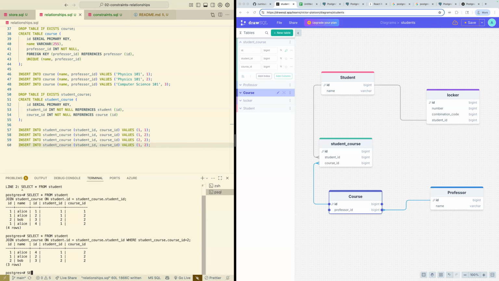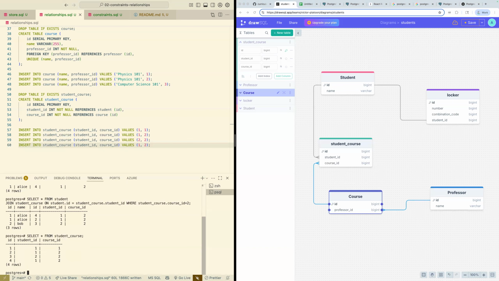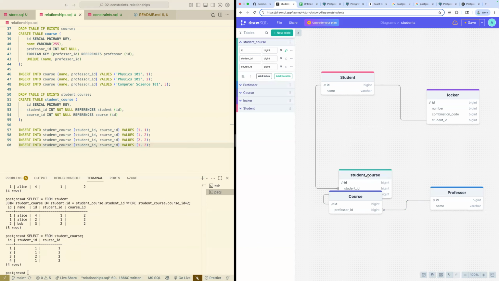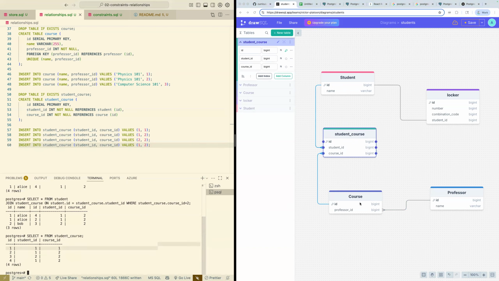Because if I do select star from student underscore course, all that table has is the IDs. This table's only job is to be a linker. And if I say want to get names, I can actually do multiple joins. Let's say I want to do select student dot name, course dot, I didn't even give the courses names. Did I give the courses names? I did. Good. Course dot name